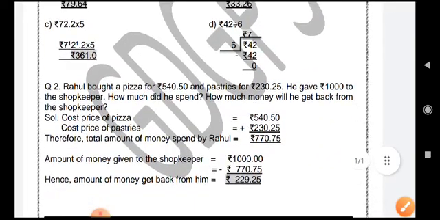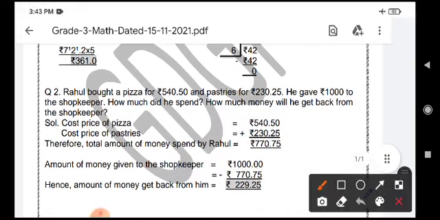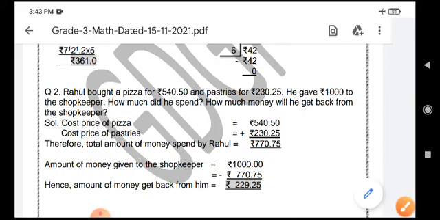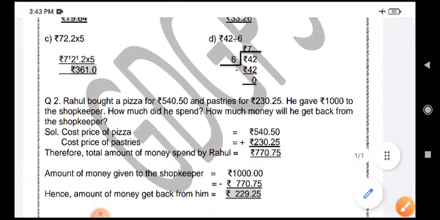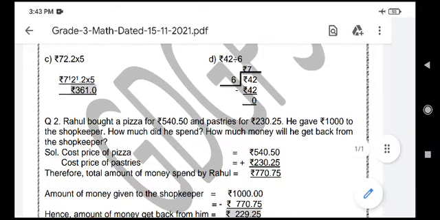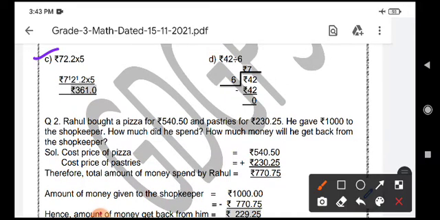Now dear students, we are going to do C part, that is the multiplication. We have to multiply 72 rupees 2 paise with 5. Simply as you do multiplication of ordinary numbers, you are going to do like that. 5 twos are 10, 0 you will write here and 1 will be carried over to the next place. Then you have the dot, that dot you have to put here. 5 twos are 10, 10 plus 1 carry over is 11, 1 you will write and 1 will be carried over to the next place. 5 sevens are 35, 35 plus 1 is 36, so your answer is 361 rupees.